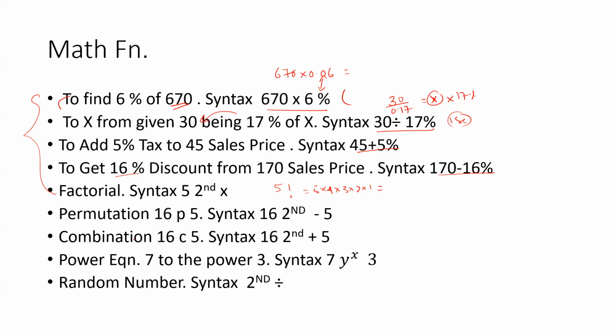Yes. Okay. Similar is the case with permutation. So permutation would mean, for example, 16P5. 16P5 would mean 16 into 15 into 14 into 13 into 12, 1, 2, 3, 4, 5. Right? So instead of doing this lengthy calculation, if I have to do 16P5, all that I have to do is press 16 and then press second and then press